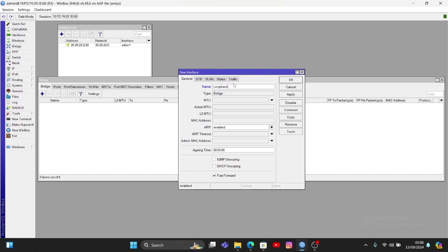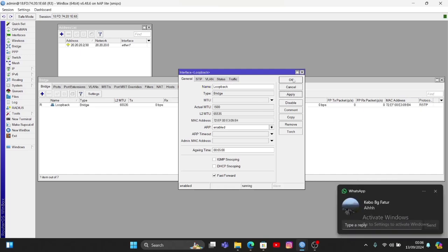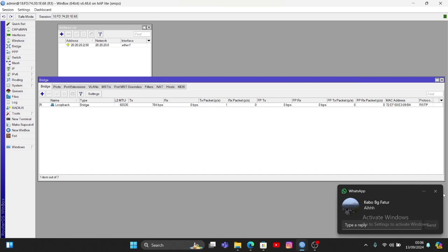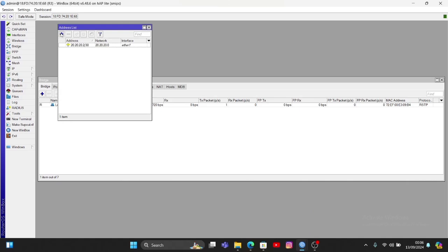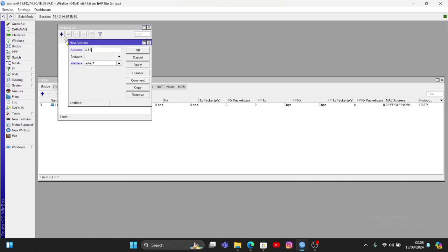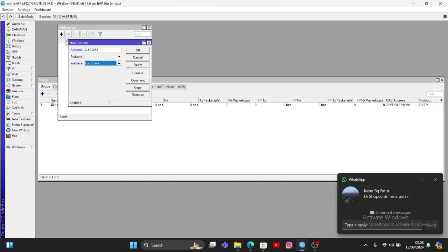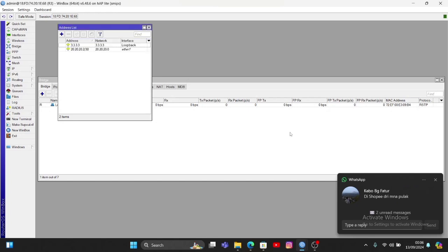I change the name to loopback, and I apply, and I add the IP loopback, and I use prefix 32 and interface loopback, and I apply. Okay.